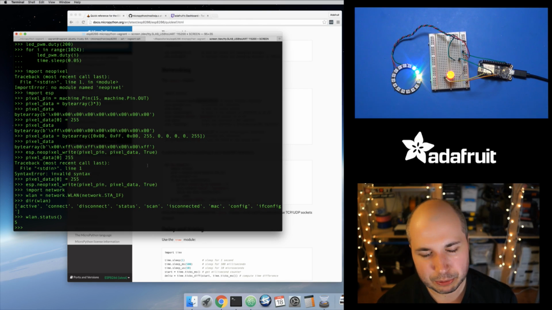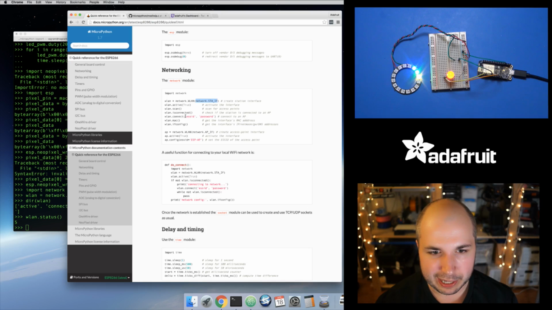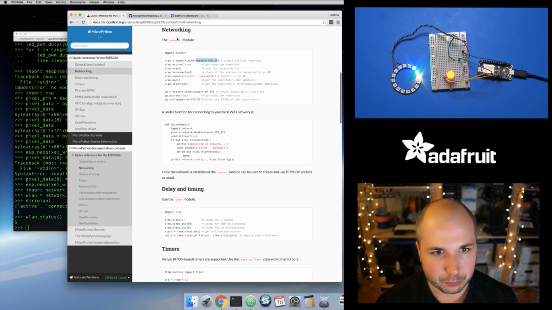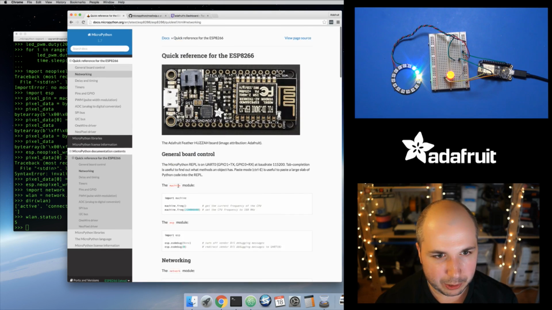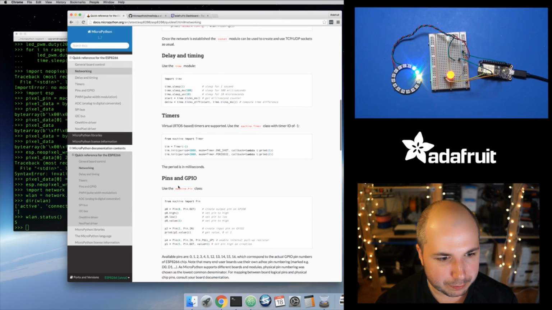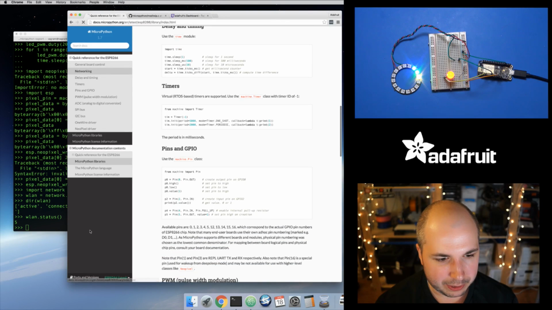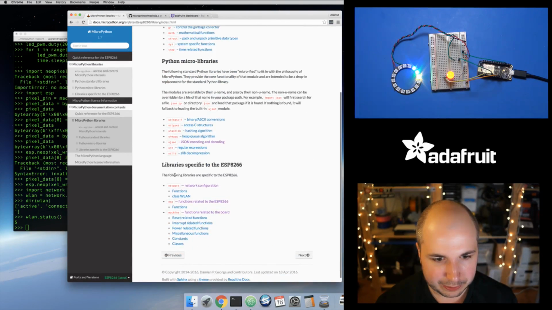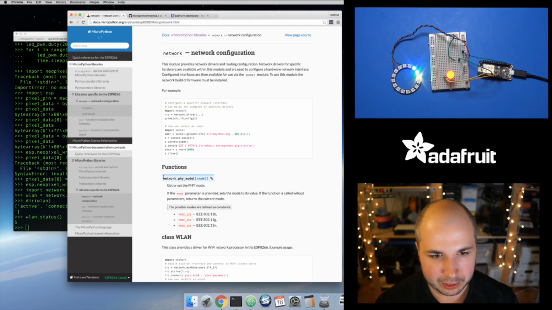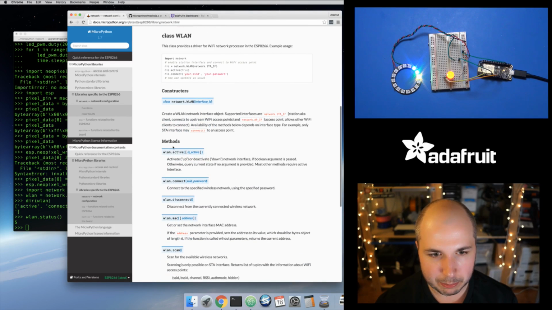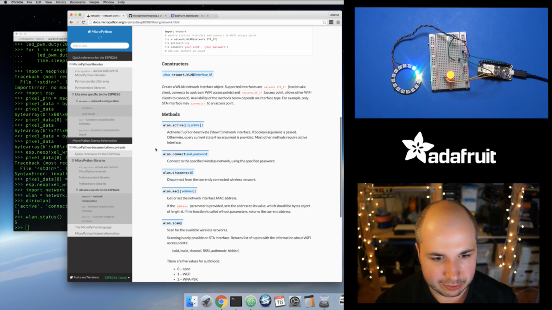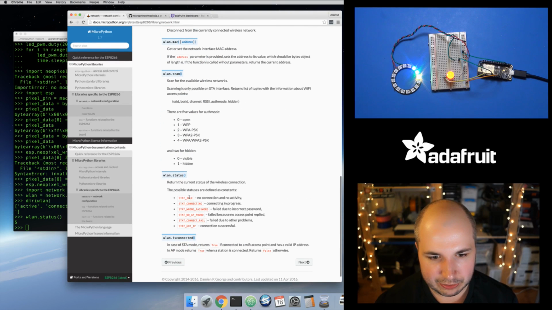Oh yeah, so the status, this returns a value of like 5 or 4 or 3. Unfortunately, it doesn't give you a nice string. This is more of a code that you need to go and look up. And if we go into the reference here for the network module, which I think is further above, let's see, oh no, it's down in the MicroPython libraries here. Yeah, in this network class, you can see here's the WLAN object, and it has a status, and so this tells you